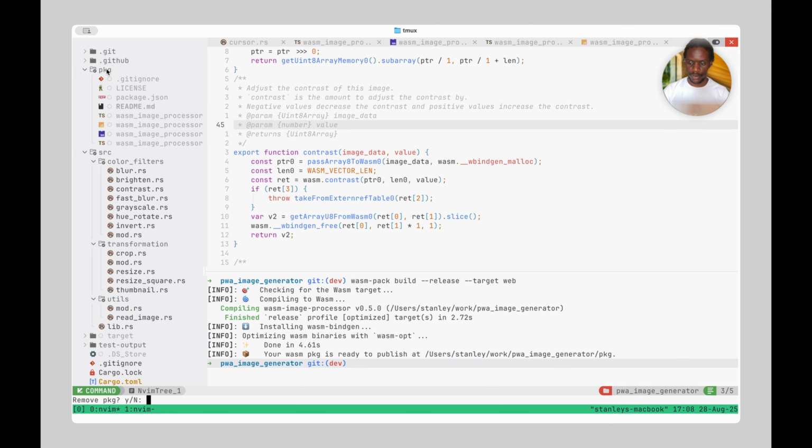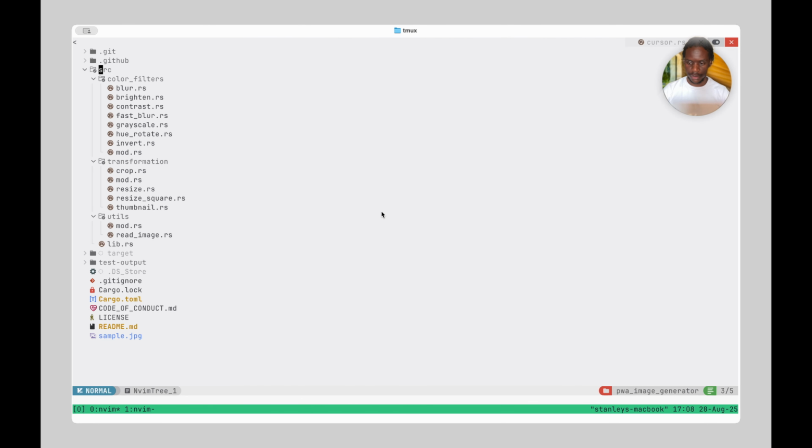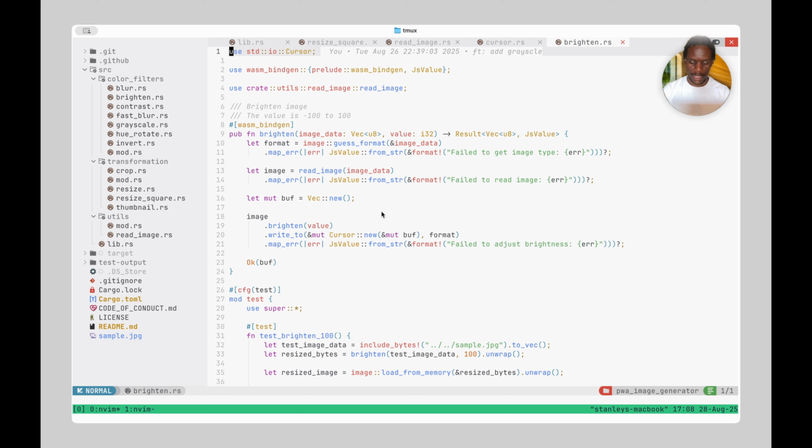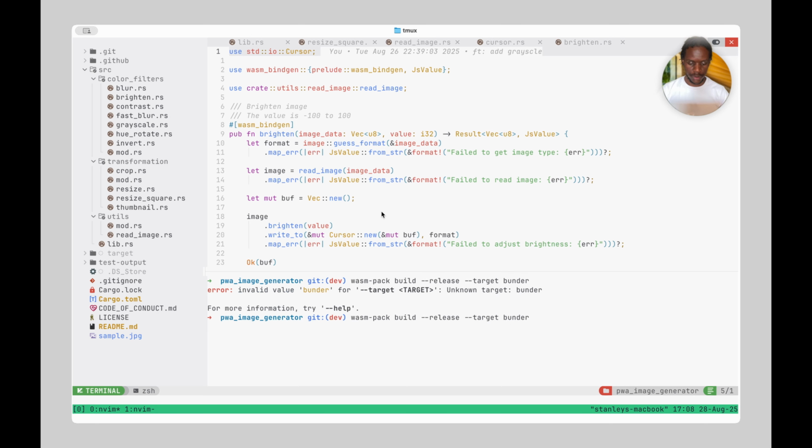So if you want to publish into NPM, you use target bundler so that someone can just npm install from somewhere else, even the pkg folder,